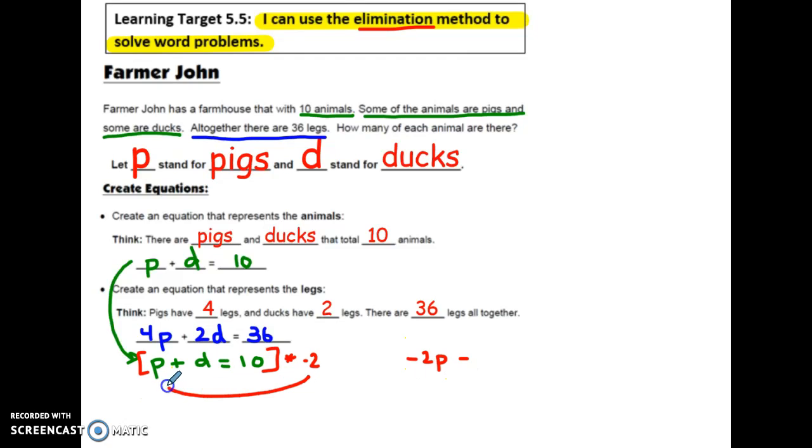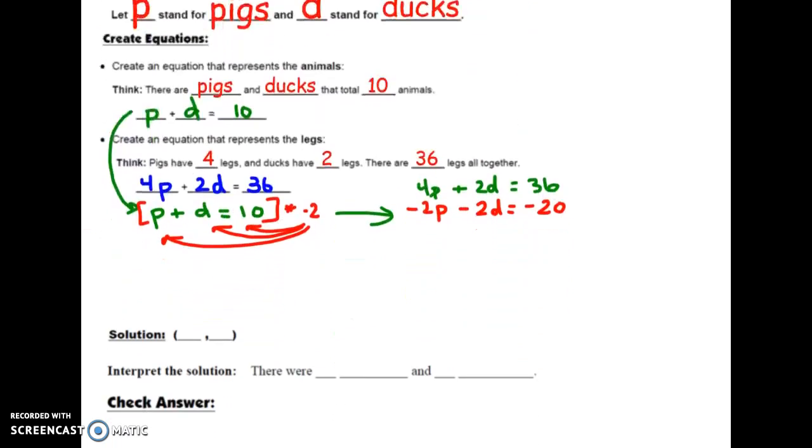So everything in this bottom equation gets multiplied by negative 2. Negative 2 times P, negative 2 times D, and negative 2 times 10. So my new improved modified equation is right here. My top equation with 4P and 2D is not going to be changed at all. It didn't need modifying. And the reason we do all this is so that we can now